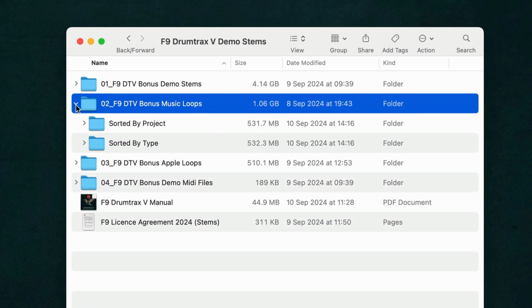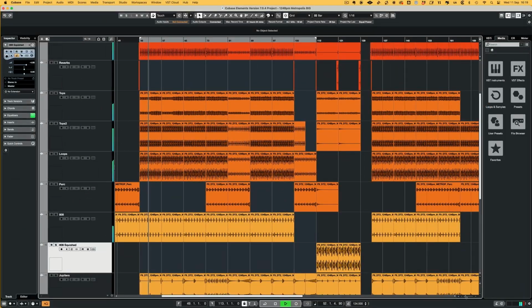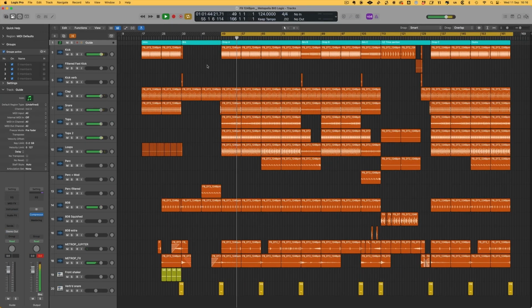In previous Drumtrax releases, we built out full DAW arrangements covering Ableton, Logic, and for the first 2, Steinberg and Studio One. But we had a problem. As all of the updates came along for all of these different pieces of software, it was almost impossible to keep up. So to solve this, we decided to do what we did in F9 Starlight, and that is consolidate